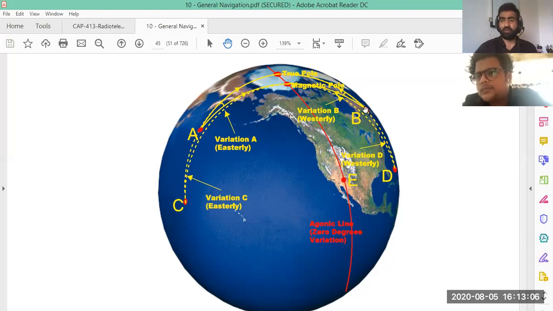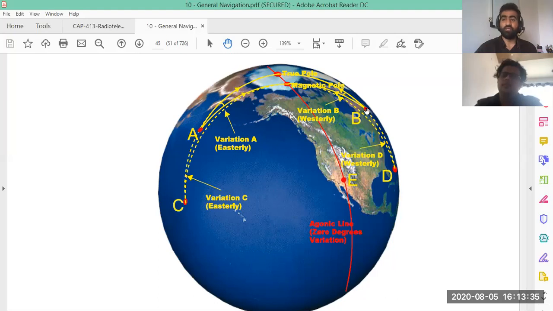And although the true and magnetic pole are constant with respect to the difference, there is another observer, Bravo, on the other side of the Earth. If he's facing the North Pole, then his magnetic pole is on the left side. That becomes west. So for him, the value changes for variation. And similarly, on Delta, although his variation is west, again the value changes.